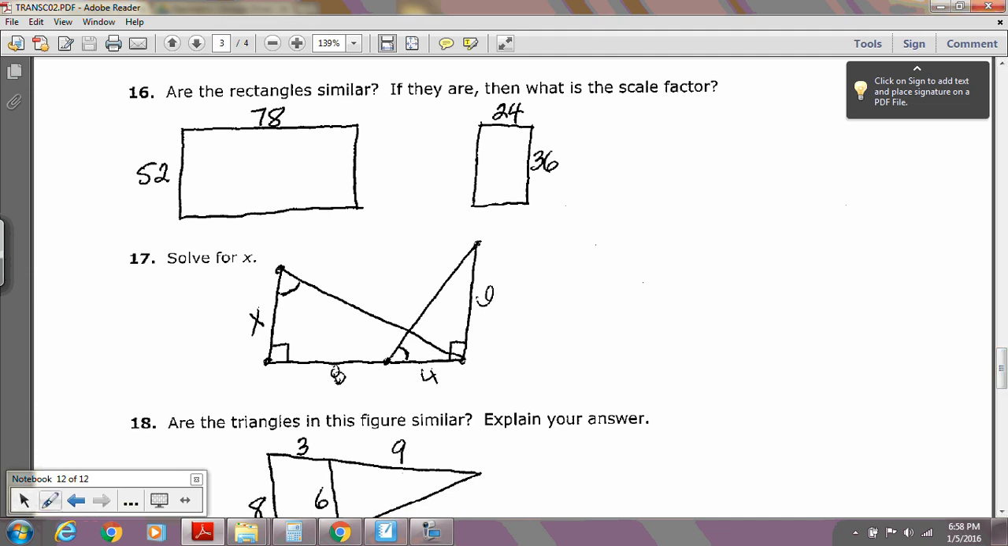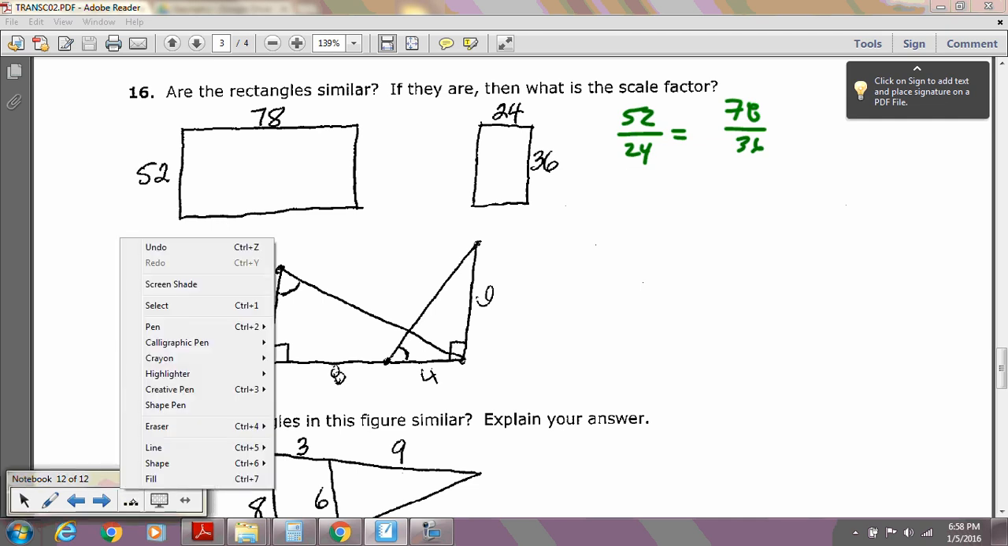Number 16 says, are the two rectangles similar? And if they are, write the scale factor. So if they're similar, the sides should be proportional. The smallest side on the larger rectangle should be proportional with the smallest side on the small one, which is 24. And the larger side should be proportional. And then you should reduce those fractions or divide them to get a decimal and see if the decimals or the fractions match. So I know that 2 goes into 52 and 24. So when I divide both of those by 2,